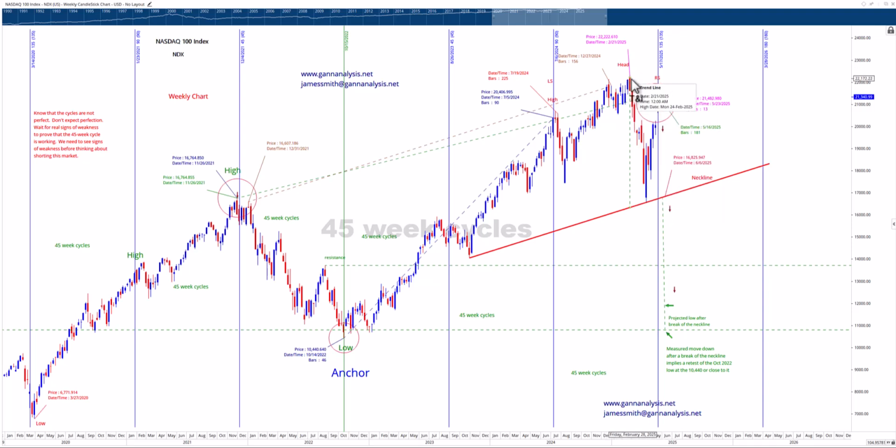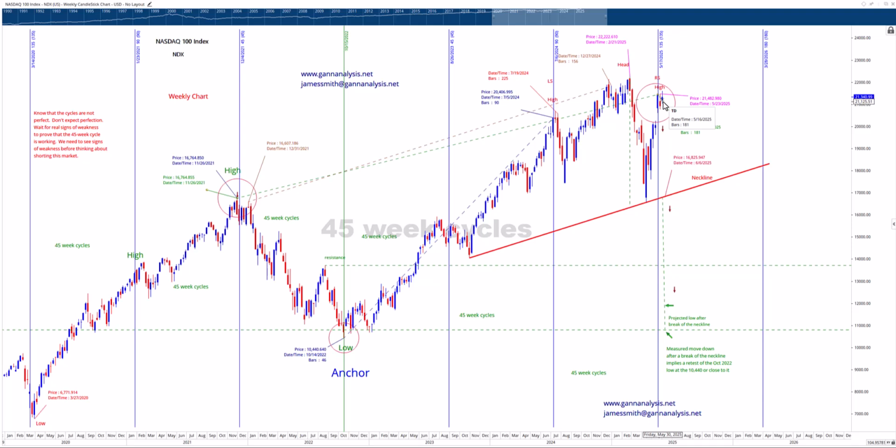So not only did the high come 5 years after the COVID high of February 19th, 2020, but if you count down 90 days or 13 weeks, that gave you the lower high on May 20th. Then you have the 45-week cycle, and you can say that, hey, it hasn't really sold off. That's true, but markets don't go straight up and straight down. They go up, sideways, and then they go down. So the idea here is, I think the 45-week cycle caught the high. We're trading sideways for a few weeks thereafter, and then maybe this week, hopefully, we'll start to turn down.